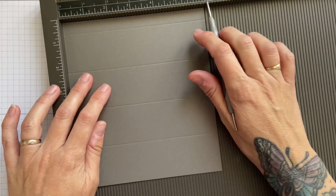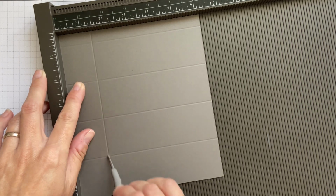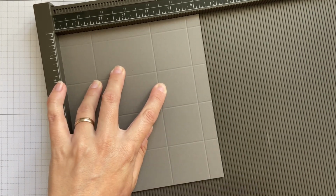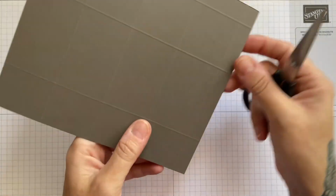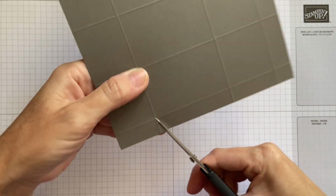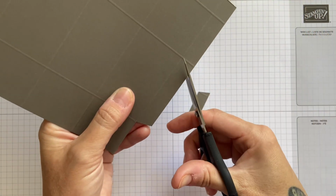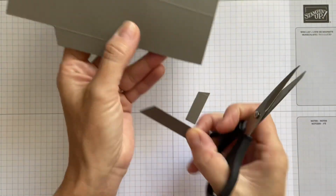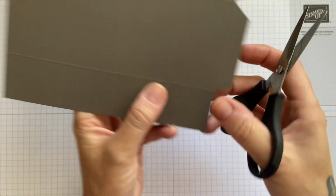and then turn it to your 6¼ inch line, and you will score at 1 3/8, 4 and 5 5/8. Okay, that's all your scoring done. Okay, and grab your paper snips, and we are going to cut off this little piece here. We are then going to chop into that, and we're going to cut off the other narrow piece. So you look like that. Okay, this is your bottom,